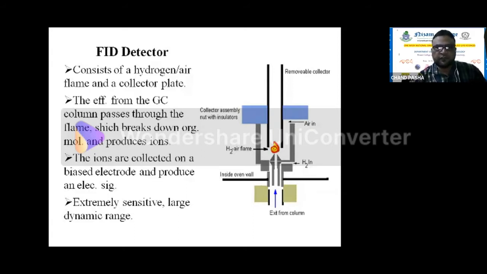Once it is flamed, it will be breaking down into organic molecules. Larger molecules will be broken down into smaller molecules, and whatever small molecules or ions there are will be collected based on their properties on the electrodes. So on both sides here, you can see these are the two electrodes. The cathode will be collecting the positively charged elements, and the anode will be collecting the negatively charged elements. This information that is collected will be passed to the system.